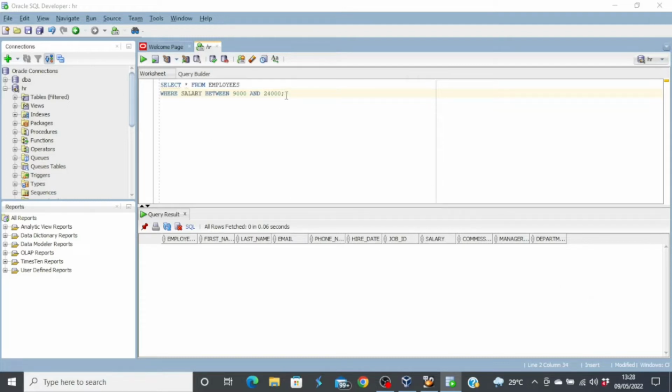It says, select all from employees where salary between 9,000 and 24,000. So what we're asking to retrieve is all employees whose salary falls between the range of 9,000 and 24,000. So if we execute this query,